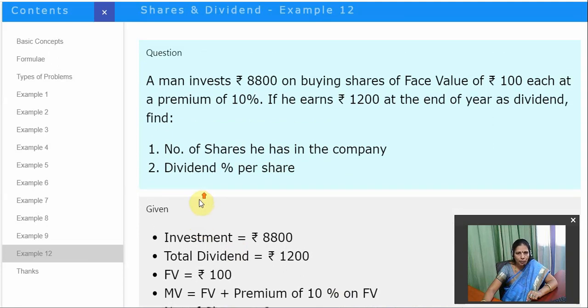Is it clear, children? I have explained a few sums today, and the same sums will be uploaded in the OneNote, and you can take a printout and refer to the sums. I have given you already the homework to do the first 10 sums, I believe. So you can refer to those sums and find out where you made a mistake. So get clarity with this, and we will see the other sums in the next video. Thank you, children.